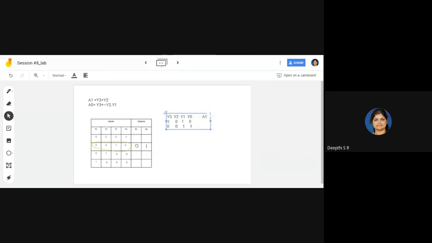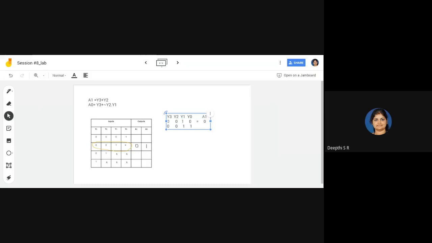Now what is A1 at this condition? So using this expression we will analyze A1. It is the OR operation of y3 and y2. So y3 is 0 and y2 is 0. So what is A1? It is nothing but 0.